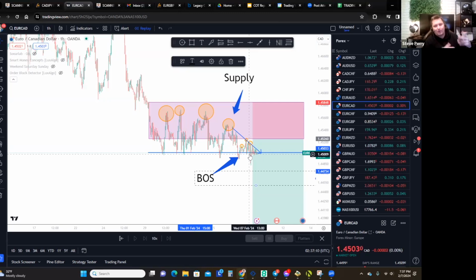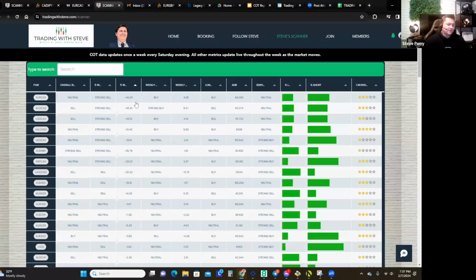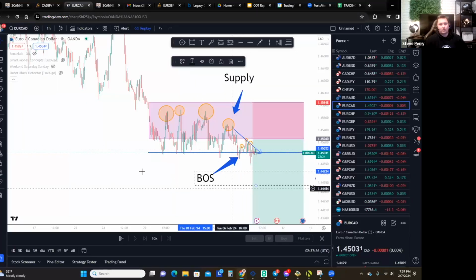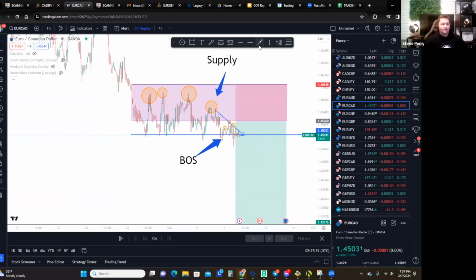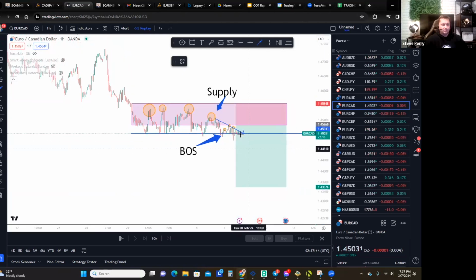Because in the last webinar, we talked about what retail traders want. They want a discount. We all want a discount. How do we view discounts when things are at support? How do we view premiums when things are at resistance? And the banks love that. They feed on that. So based off of what we're viewing here on the scanner and what I'm seeing here, they're probably at some point going to get their way with this, right? They're trying to lure them all in into buys right here so that ultimately they can just